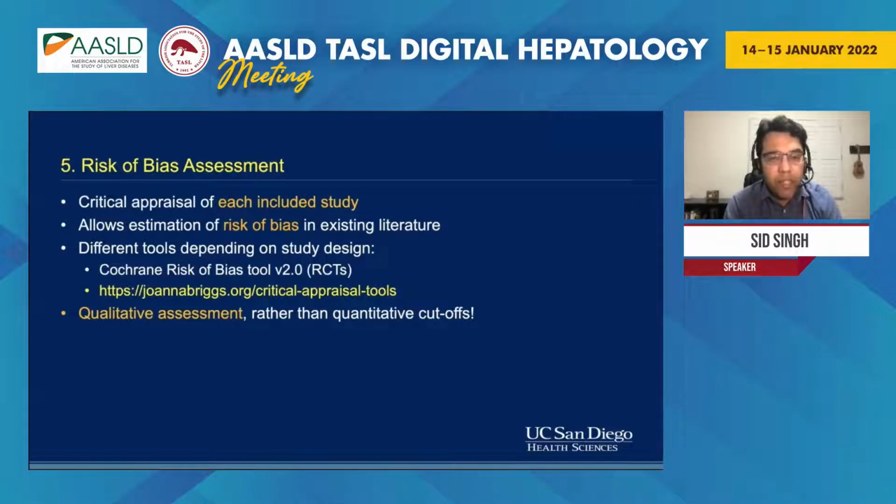For example, for randomized clinical trials, there's the Cochrane Risk of Bias Tool version 2. Depending on the nature of your studies, including case control studies, cohort studies, incidence and prevalence studies, as well as cross-sectional studies, there are multiple different tools designed specifically for the study design available from the Joanna Briggs Institute. Sometimes I've had to modify these existing tools to suit the nature of my question and the focus question that I'm trying to answer. And the key thing is trying to do your best to appraise the risk of bias